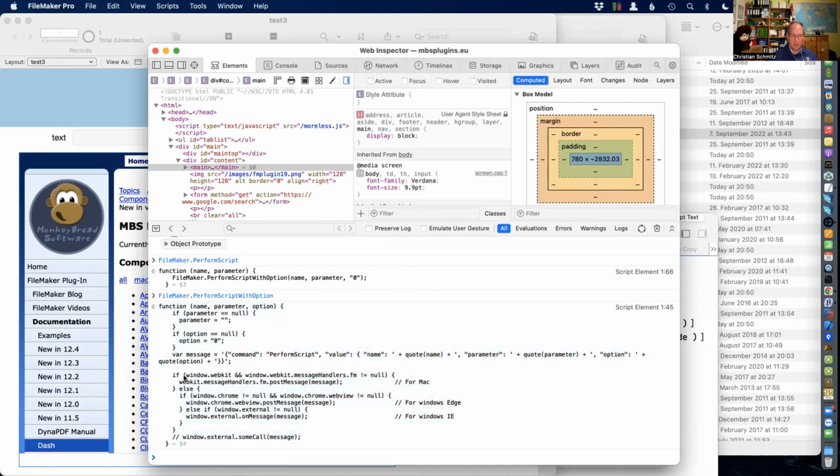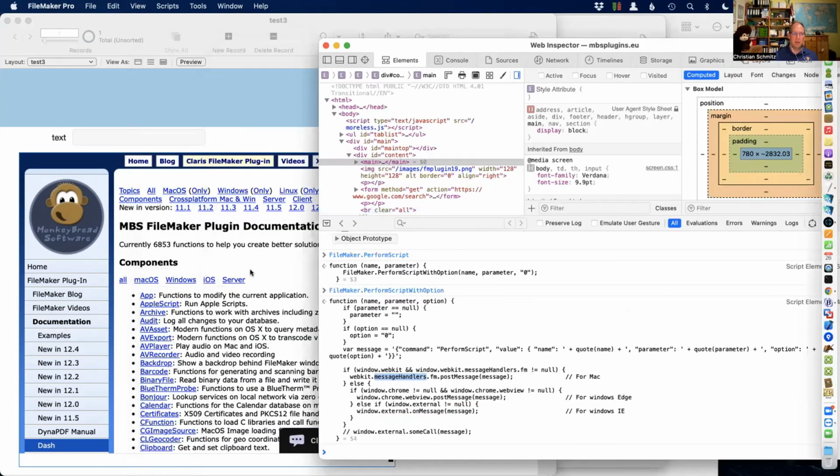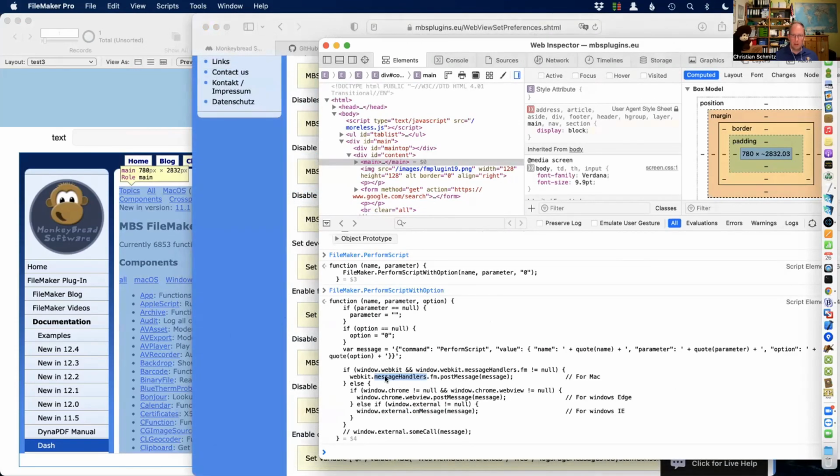So it checks if we are on Mac or on Windows, Edge, or on the Chromium thing. This is the newer one. This is the older one. And even though FileMaker 19 doesn't have Internet Explorer anymore, the JavaScript code is still there. So we have the new Edge, and basically they do the same. So I could just add this function here with the name perform script with options into the MBS web viewer, and then also trigger the message handler here to run a script with MBS plugins. So if you need help for this, I may be able to make an example. But otherwise,